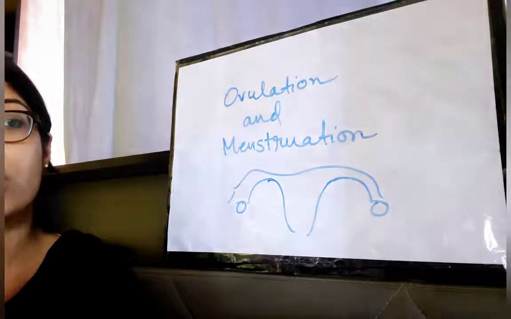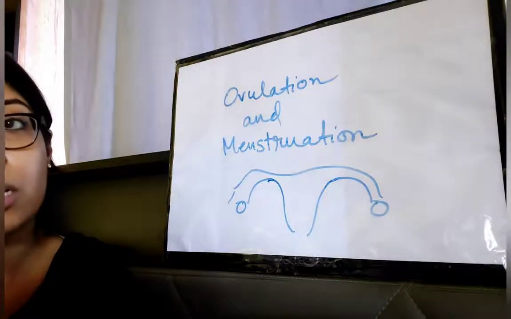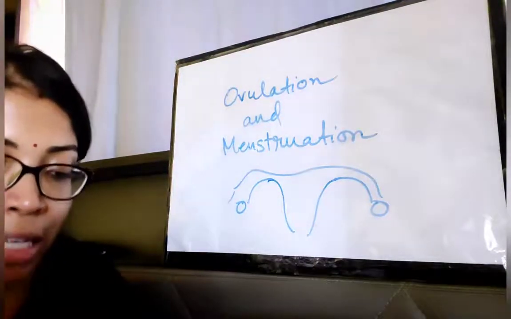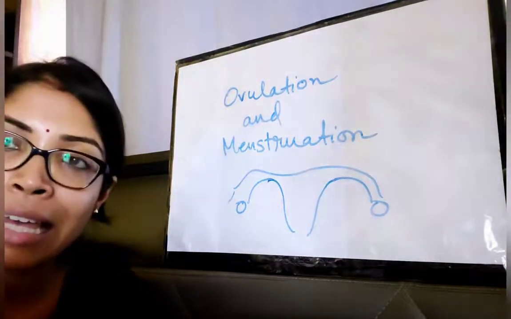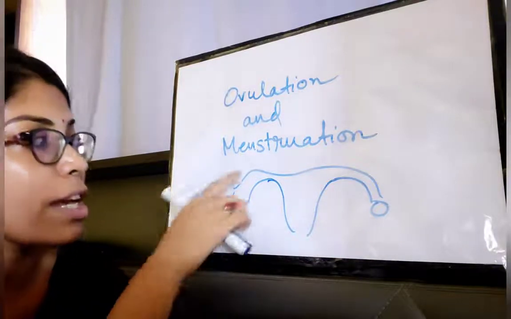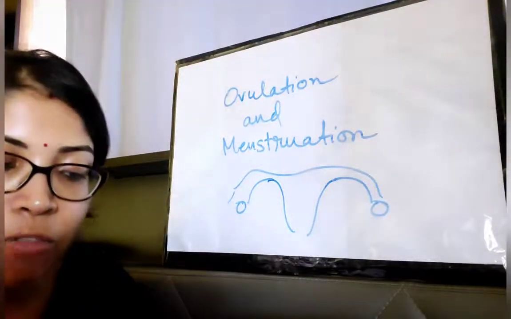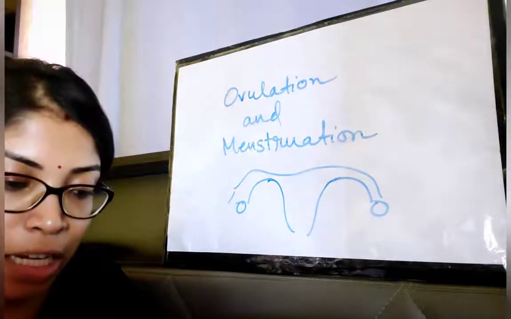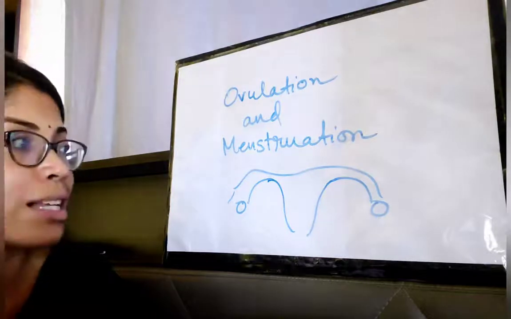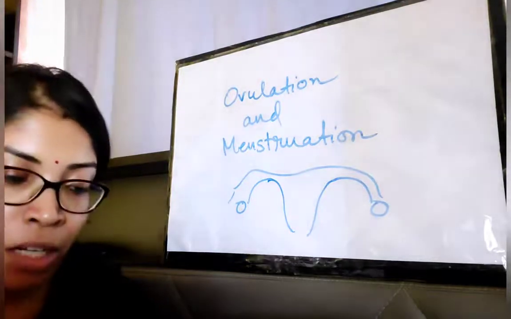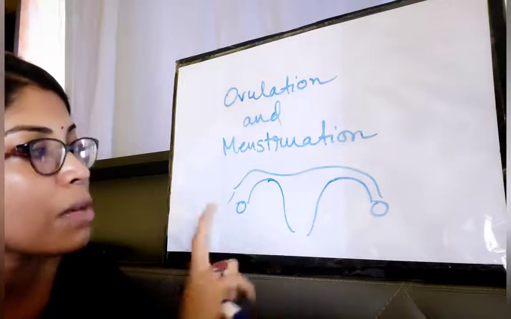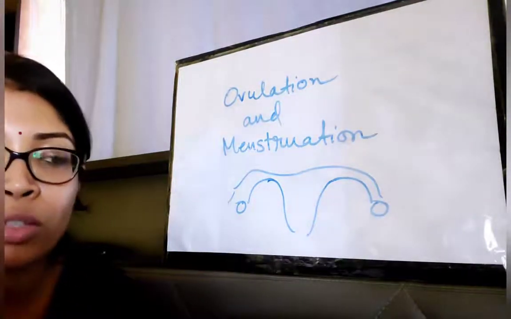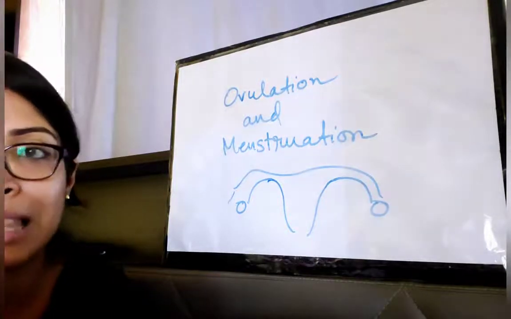The egg is not matured right when it is produced, right? So it needs time to get matured. Only when an egg is matured, it is released from the ovary and it reaches the fallopian tube. So the release of a matured egg from an ovary is known as ovulation. Clear? Normally one egg is released from one of the ovaries every month. It is a random process, no one knows which ovary will produce the egg in the next month.